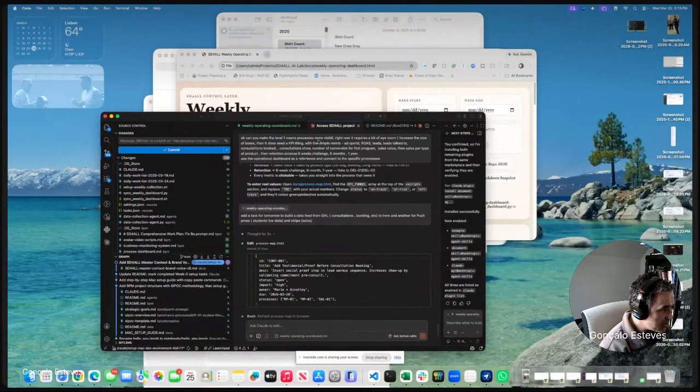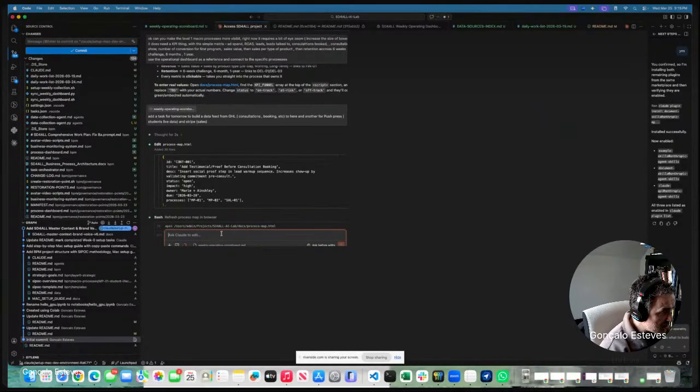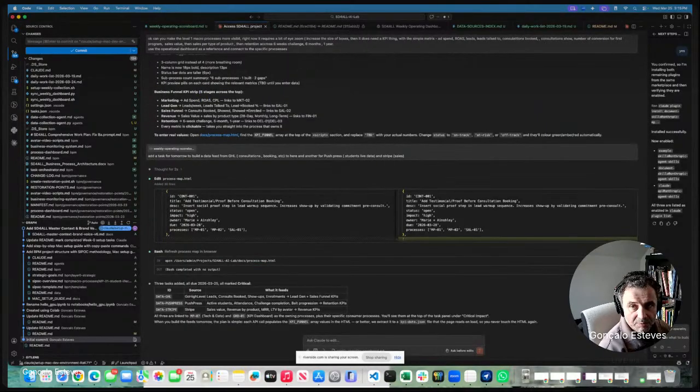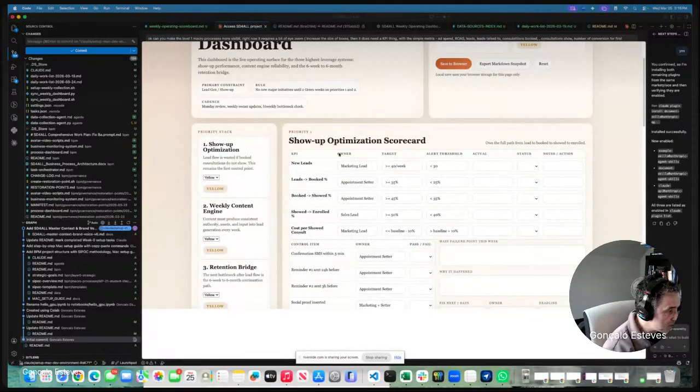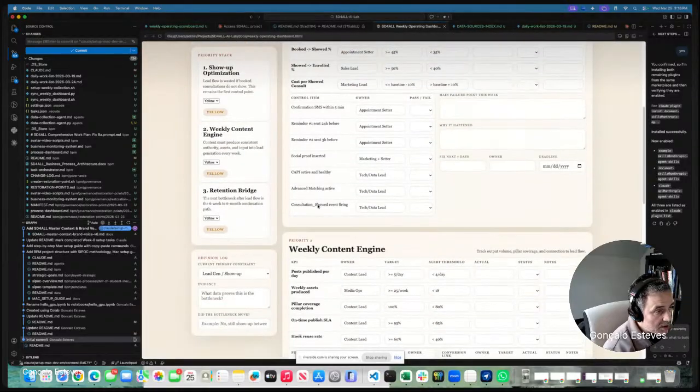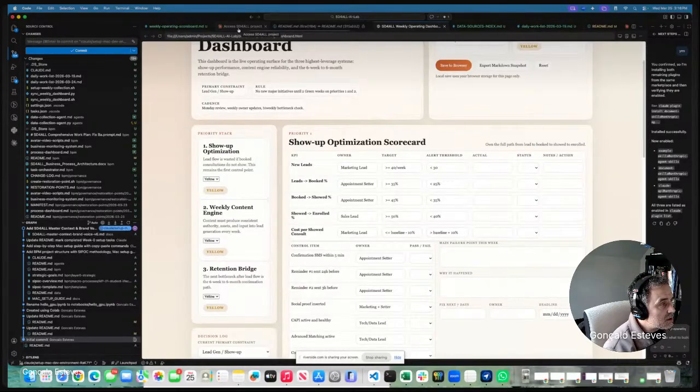So picking up Claude Code and then moving from here. Let's pick up GPT because I have already worked with GPT today, and if you want to see more, I have the weekly operational dashboard. That's what we've seen before. And today I know that